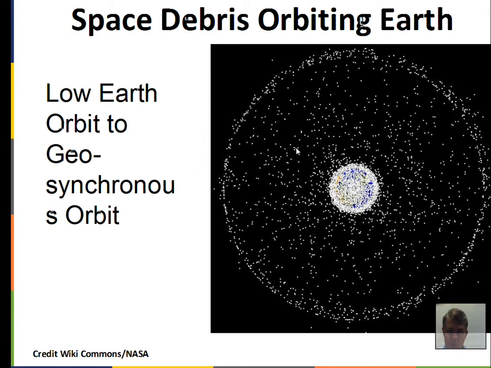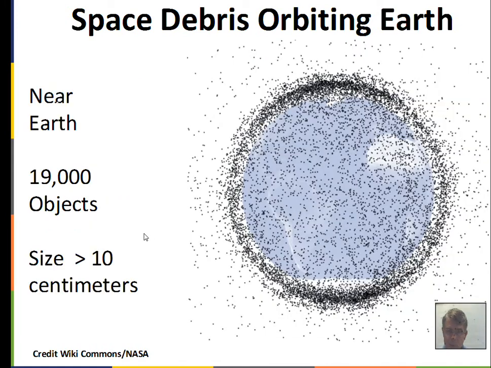But let's come back to the Earth. You may be aware of space debris orbiting the Earth from the movie Gravity recently. We have a situation of a lot of orbits of parts of satellites, of old satellites, and then there's this geosynchronous range. This is not really to scale. There's a lot of debris near the Earth. You can barely see the Earth in here. But if we take a look at just near the Earth,